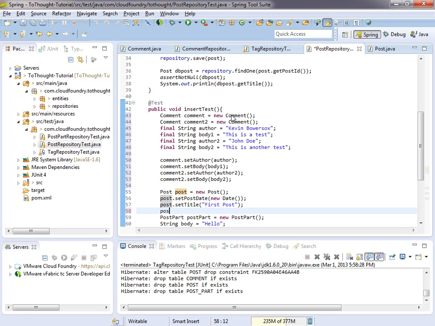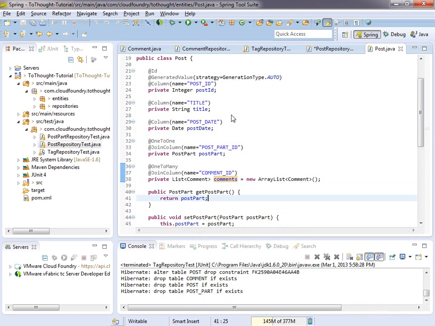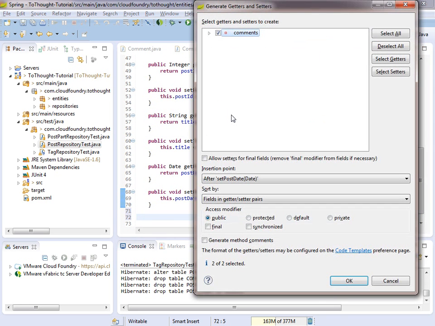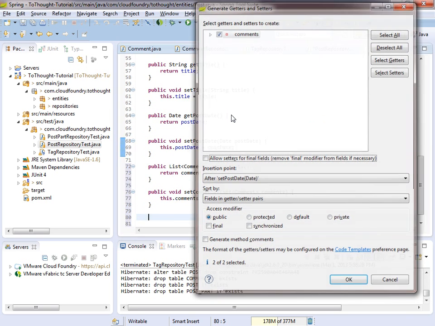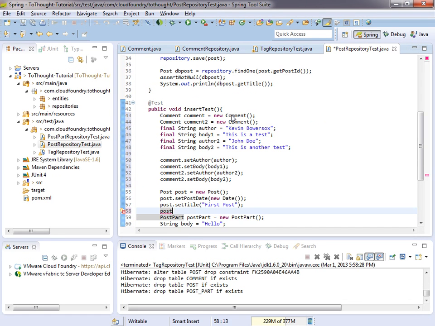So let's... I forgot to create getters and setters for this field on post. So we'll head back over here and we will create our getter and setter methods on post for the comments field. We'll save that and we can head back,